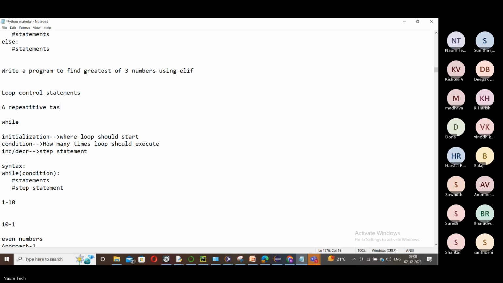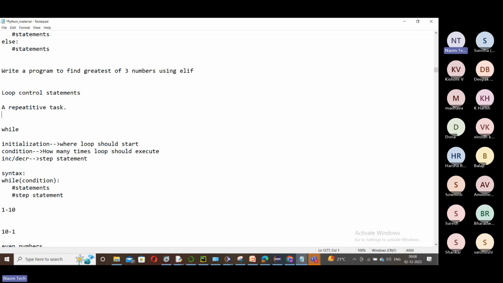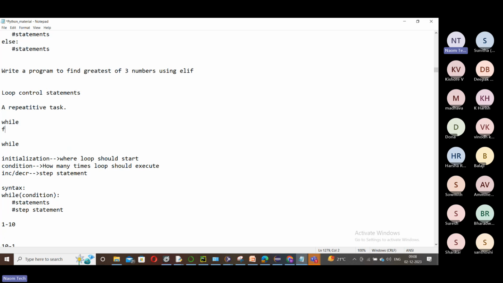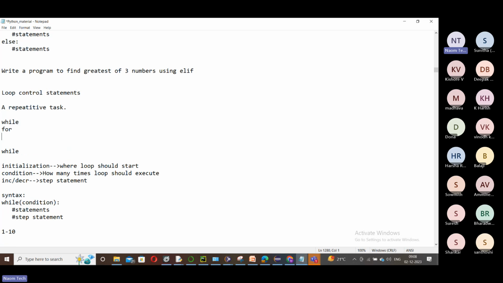One is while, the other one is for. That's all. There is no do while.